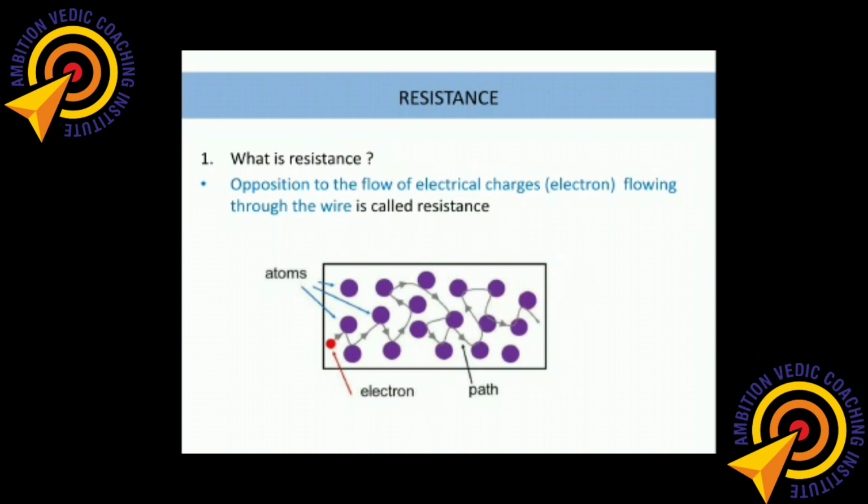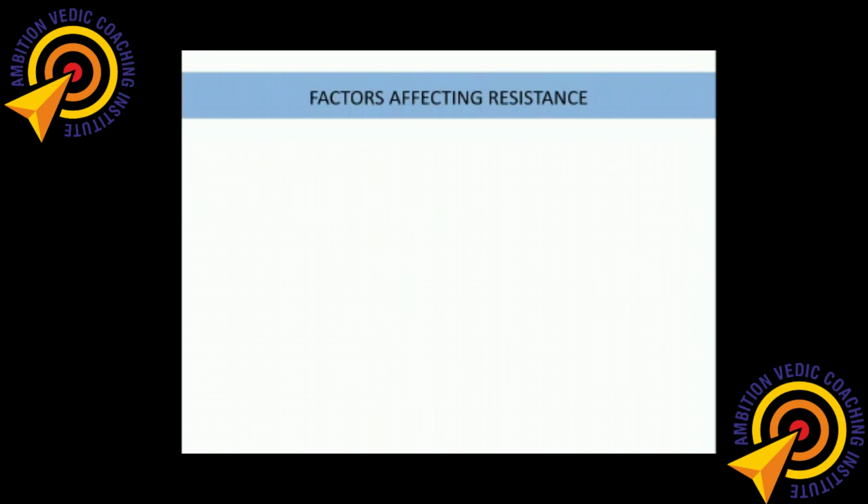Now the resistance of any material depends on many things, not only the number of atoms. So these are called the factors affecting resistance. What are the things that increase or decrease the resistance of the wire? Fine. A wire is generally a good conductor because it allows current or electrons to pass through it. So number one is the length of the wire.